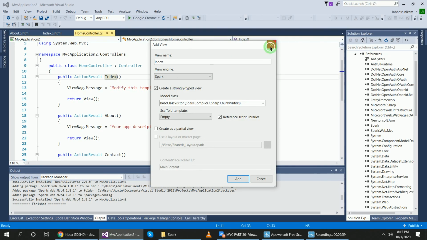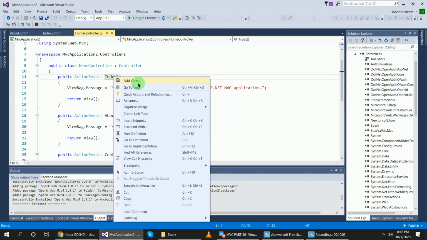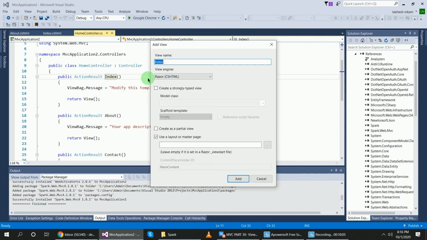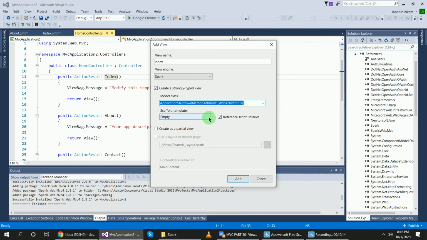Now right click this, Add View, and select Spark, create strongly typed view, select any model. Now Spark has these scaffold templates. So this way you can use custom view engines inside of your Add View dialog box.